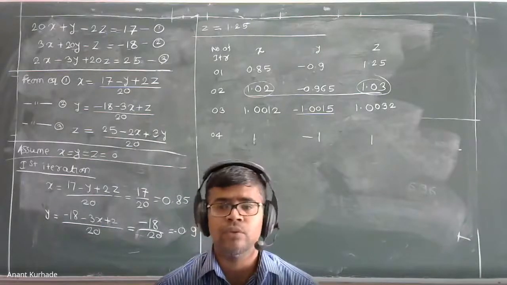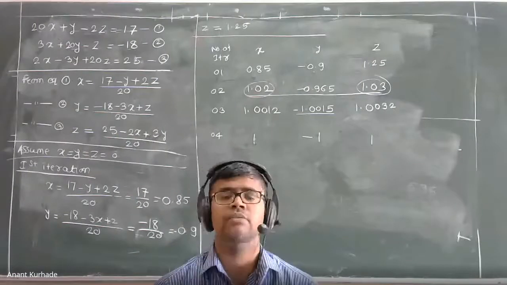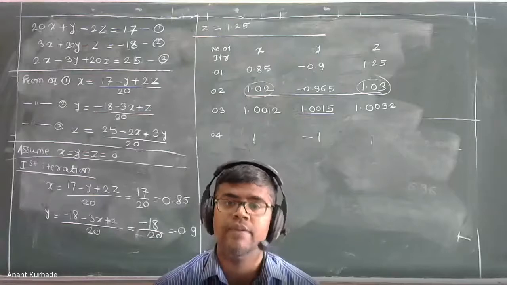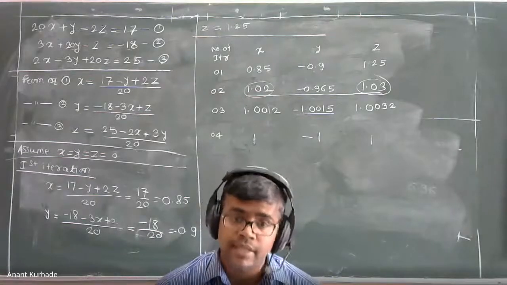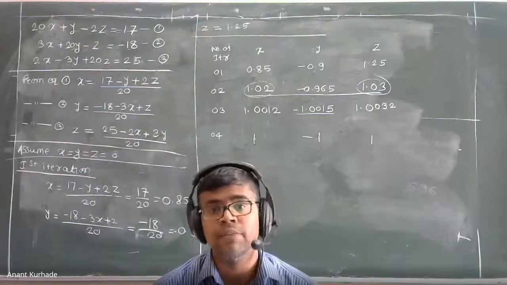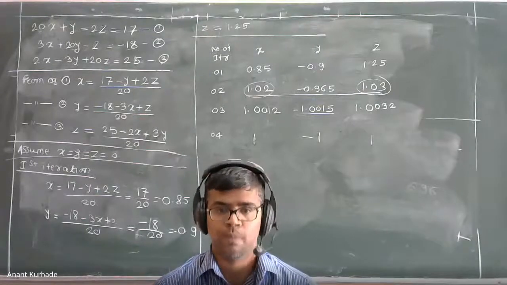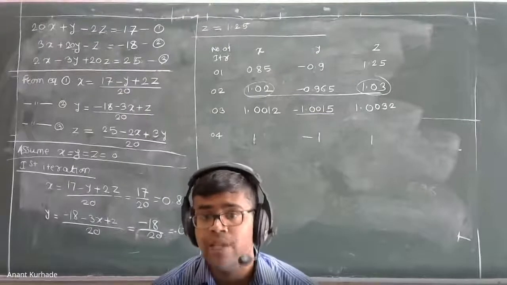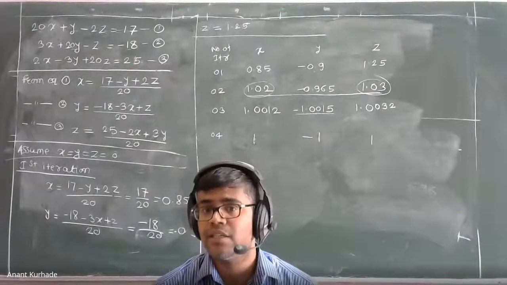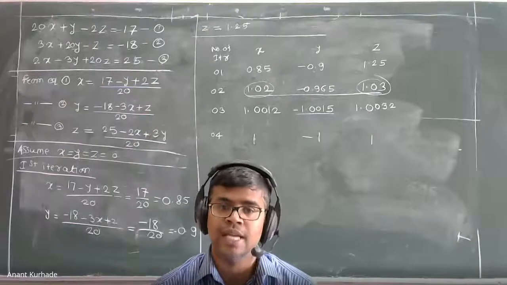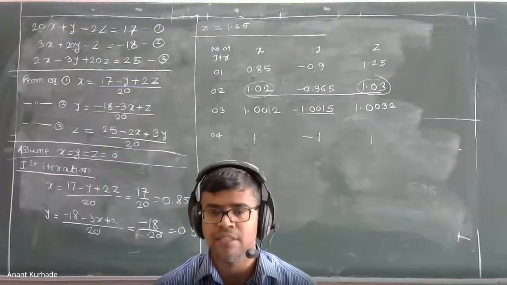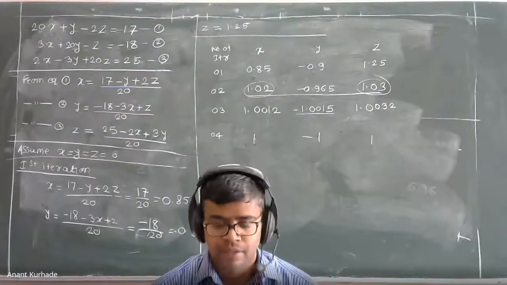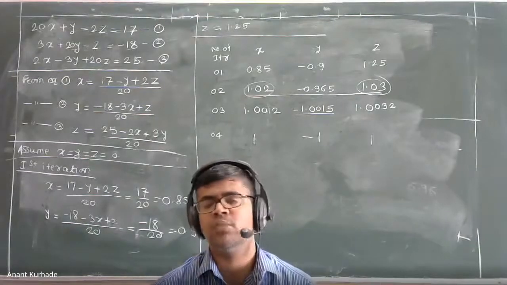If you eliminate the first variable from the first two equations, you can have a new equation in terms of the second and third variables. Use equation number 3, and with that new equation you can eliminate the second variable x2 again. Correct? And then you can find the value of x3. Now you have to put the value of x3 in equation number 2, and you can get x2. Put equation 2 and equation 3 in equation 1, and you can get x1. So it is again what? Backward substitution.